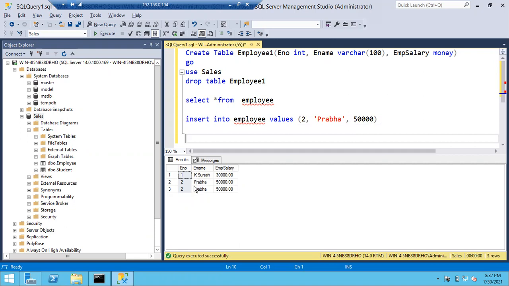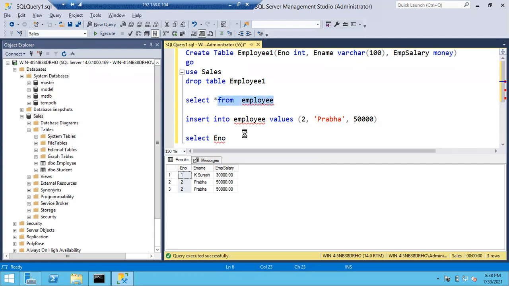I only want to get the employee number from the employee table. How to do that? What is the query? I want to get the employee number column in the whole employee table. Select, okay, ENO, the column name. You have to mention the column name here. If you see here, star means all the columns, right? I don't want to read all the columns. I just want to read only a specific column. Imagine I want to read the employee number column, E number. Remaining everything is same from the table name.